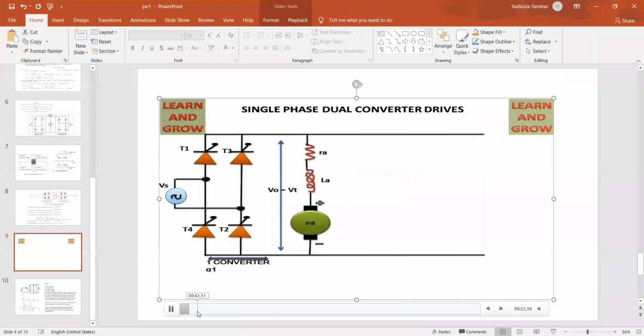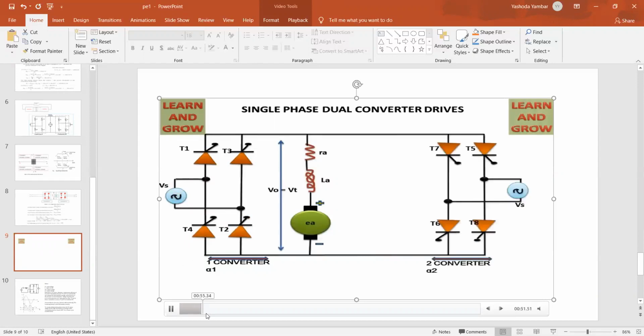As I mentioned, for the dual converter we have the motor RLE load. Now you can see the motor back EMF is taken. We have one converter: if it is acting with firing angle less than 90, it acts as the converter or rectifier. The other converter should act as the inverter for the inversion. This is the reverse connection of the SCRs. So what is the circulating current mode, and what is going to happen?